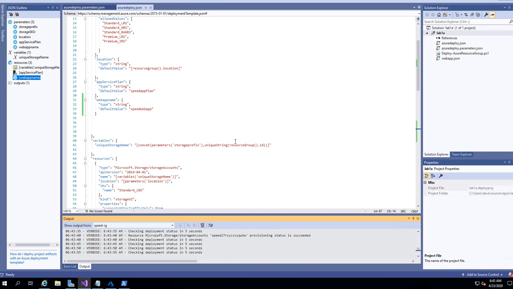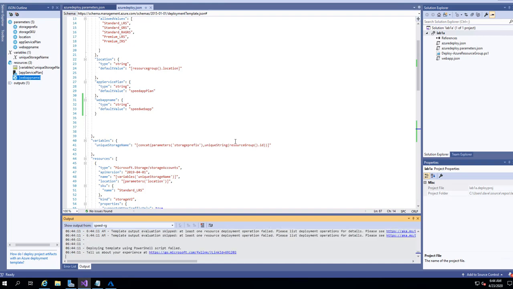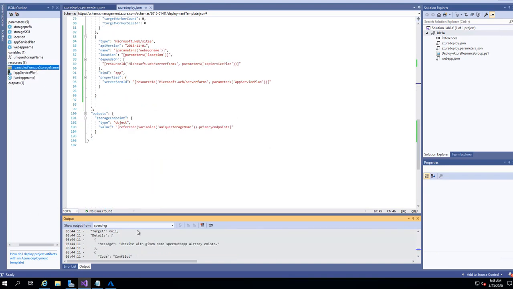Just show you what I did. But for the most part, I leave that stuff in my labs on purpose for that reason. Hopefully most like that. Well, hopefully all like it. But as they say, oh, we failed. Oh, bummer. Let's see. Looking at the message, it's telling me my Microsoft Web Sites, which is the correct resource,